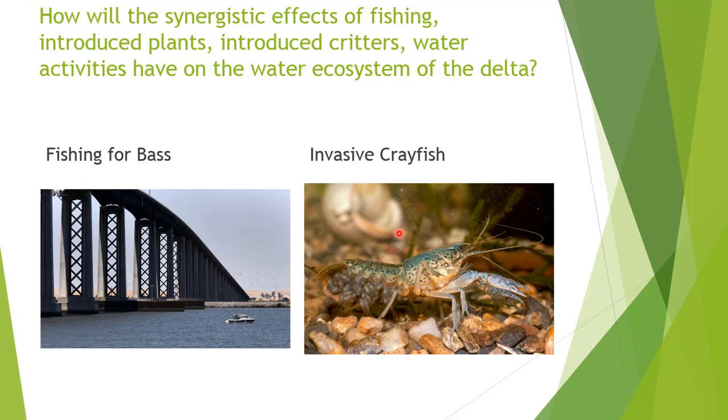We have invasive crayfish, and again, crayfish were not native to this area either, and this is a crayfish with babies. They were introduced and they have taken over. Now, this is not necessarily always a bad thing, because crayfish are also food for river otters, which are native species, and they eat a lot of these. The nymphs are also food for other fish in this area, but they are not from here, and because they are very prolific and have a lot of babies, they cause an effect on the native critters.